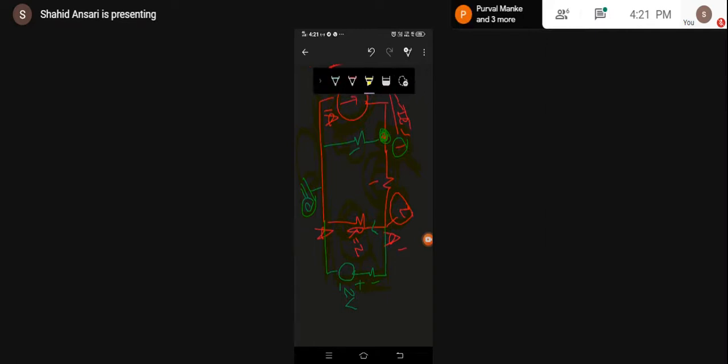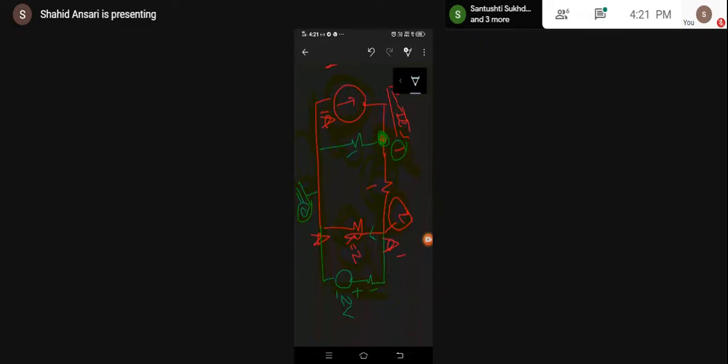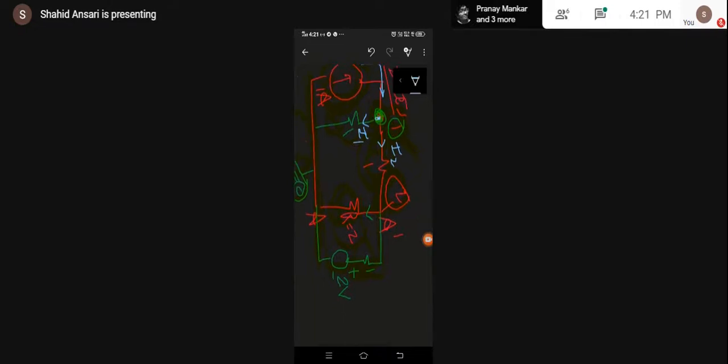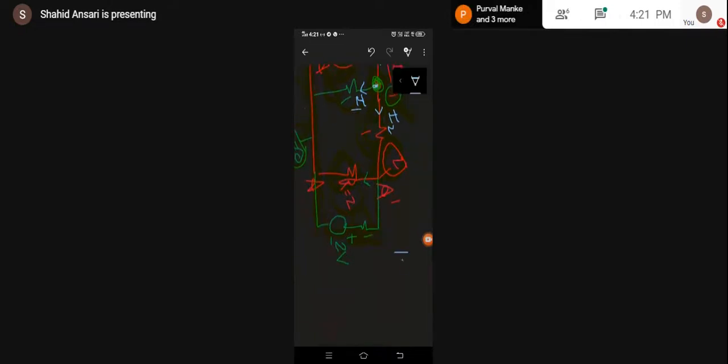Suppose I assume the direction of current. This is the actual method, but we are not going to prefer this. This is the current coming from here. It will get divided at this particular point. For the time being, consider this as I1 and this as I2. Now, apply KCL at node 1. Formula of KCL: incoming current, 1 ampere, is equal to outgoing current, and the outgoing currents here are I1 and I2.